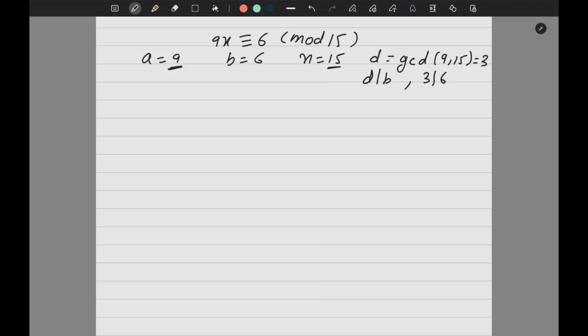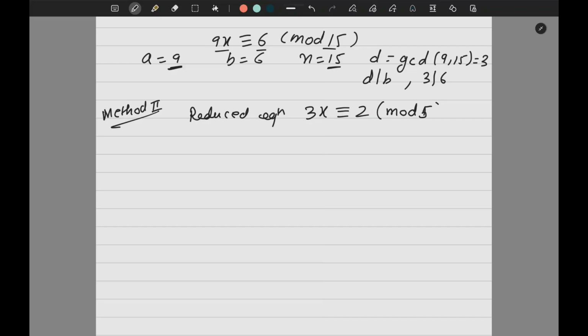Now understand method 2. I am writing here method 2, so you will be more clear. Okay? So this is the short method which you can apply everywhere. And we have done this type of thing, so it will not trouble you. Before starting, always write the reduced equation. Reduced equation means divide all the 3 terms by the GCD. So I'll have 3x congruent to 2 mod 5.